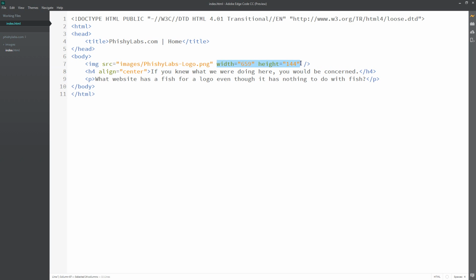It's not exactly necessary, but it might still be a good idea. Now, one benefit to defining a width and a height is that you can actually use them to scale your image in a different way inside your browser. So if I were to take this and decrease it down to somewhere in the 300 or 400 range, and decrease the height of that as well,